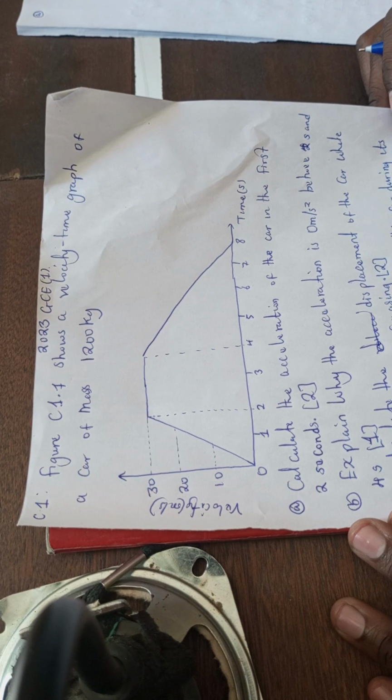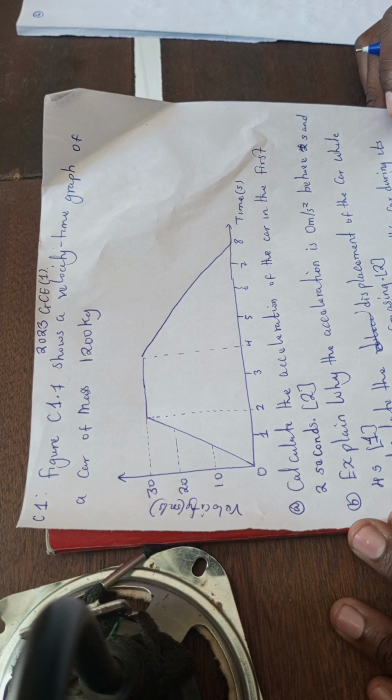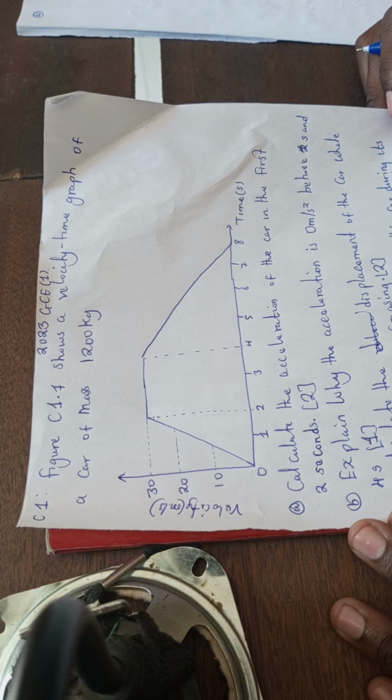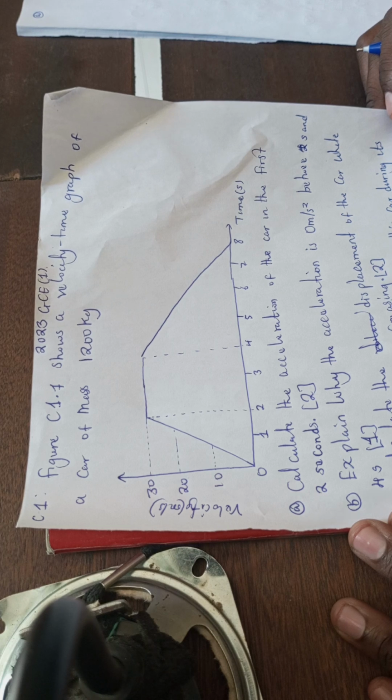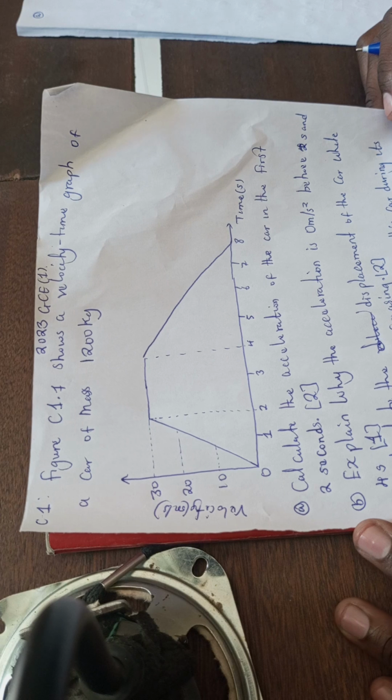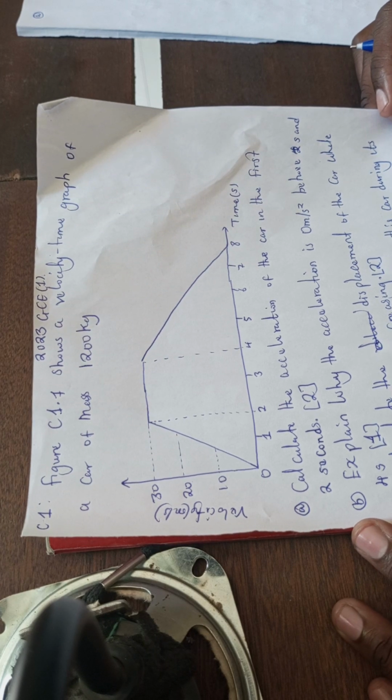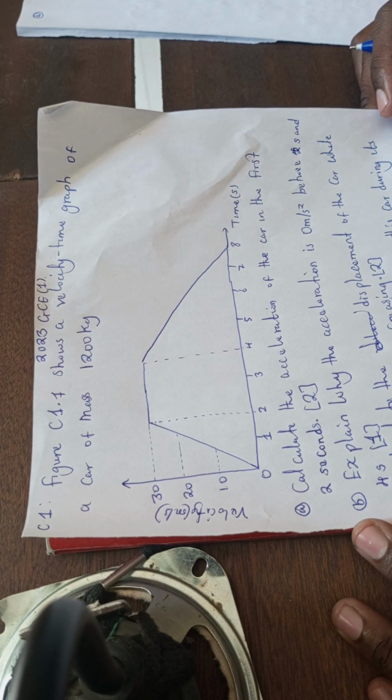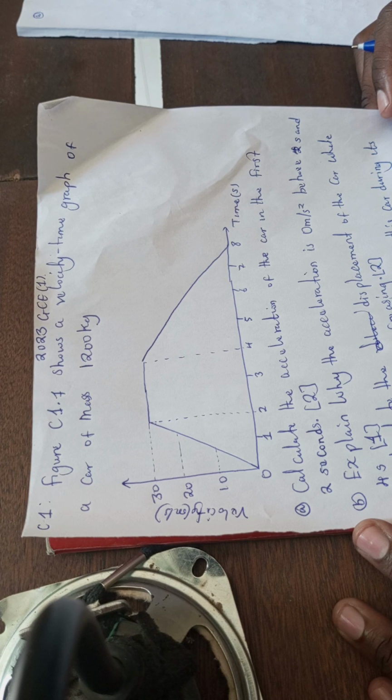Without further delay, our program for today is mostly based on GCE SCIENCE paper 1, section C, first question, based on velocity time graph. The first question reads,